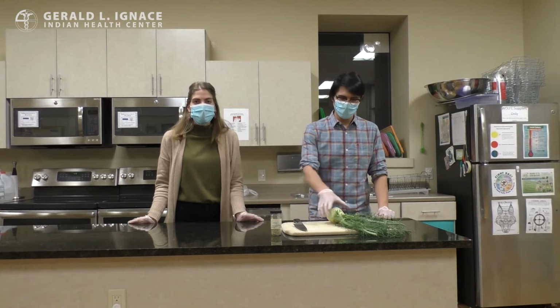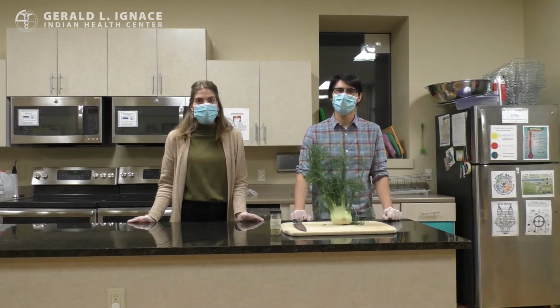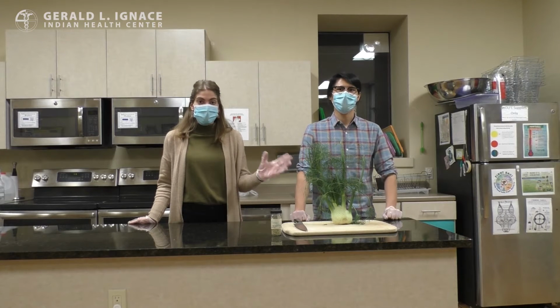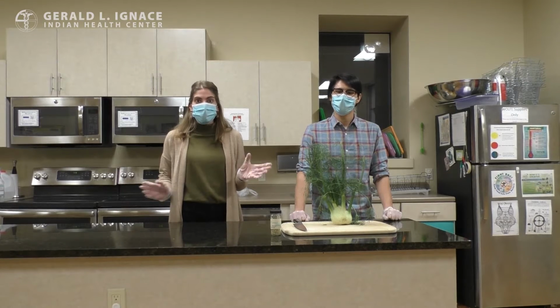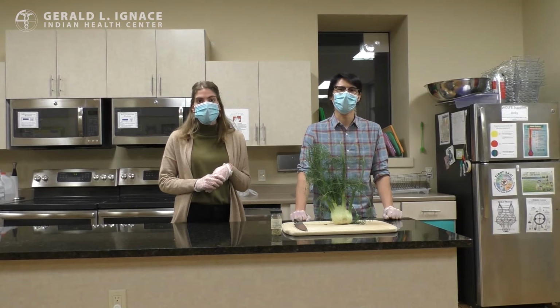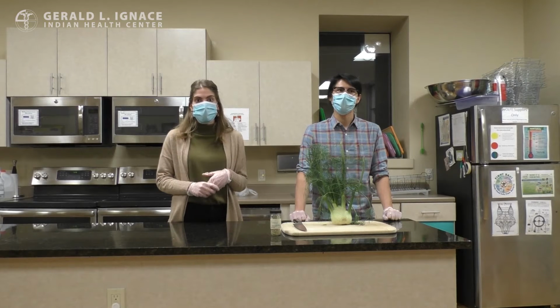We are the Health Promotion Disease Prevention team, and today for our Harvest of the Week, we are featuring fennel. Fennel is a member of the carrot family, and it's native to the Mediterranean area, traditionally used both in culinary as well as medicinal applications. And it's known for its sweet licorice-like taste. It's in its prime during the fall up into the spring months, and it pairs really wonderfully in most winter